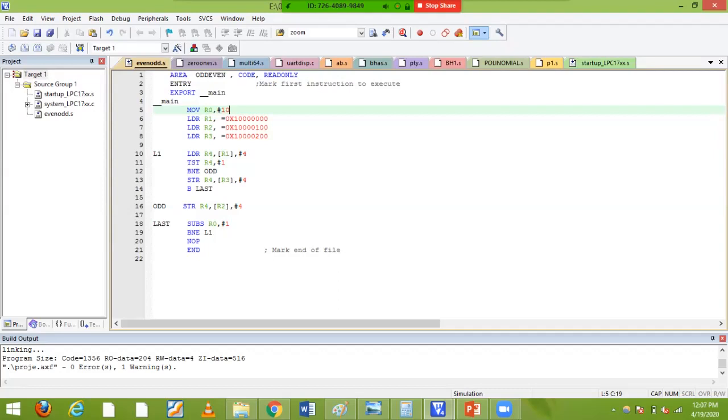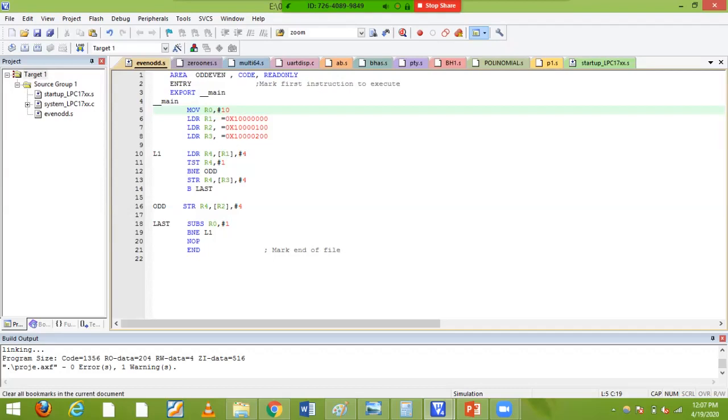And why am I going to use plus 4, plus 4? Because after copying the first data, automatically my memory address needs to go to another address, right? To increase that I gave a hash 4. So how it is working, R1 copies to R4, and later automatically it will be incremented by 4. How it is working, I'll show that.